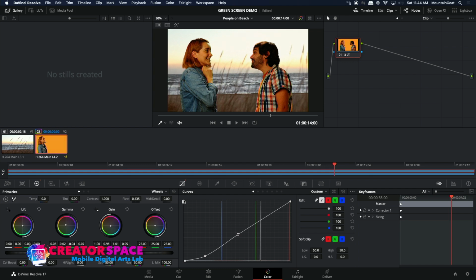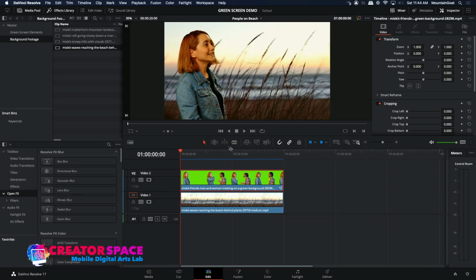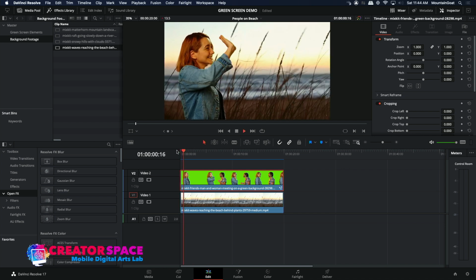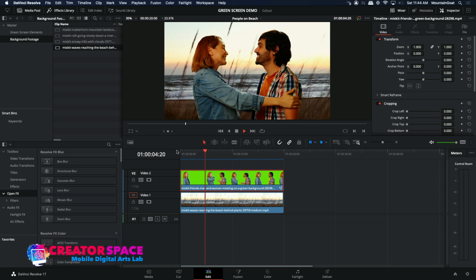And it really starts to make them look like they really belong there, right? I can now go to this beach shot. I can also make it a bit darker. And all of a sudden the composite's looking a lot more realistic because they look a bit warmer, like they're at this sun, at this beach,